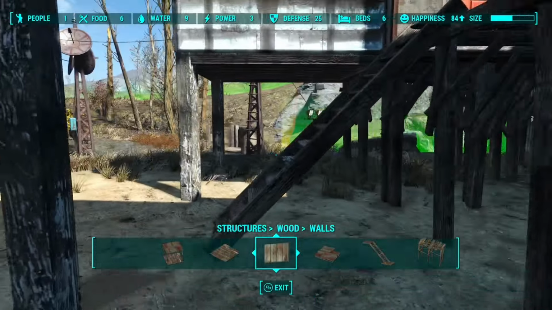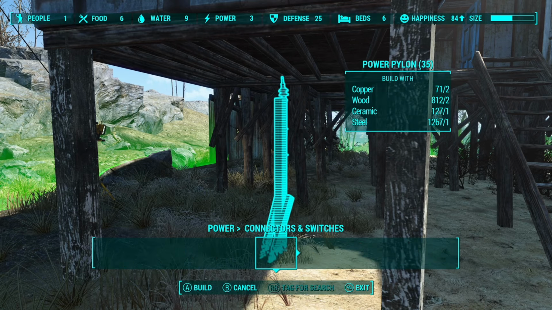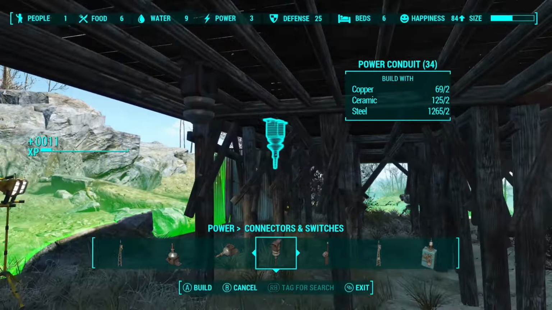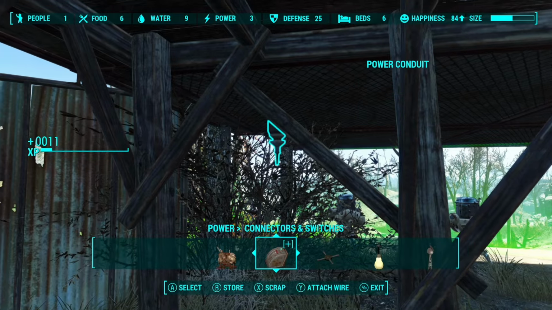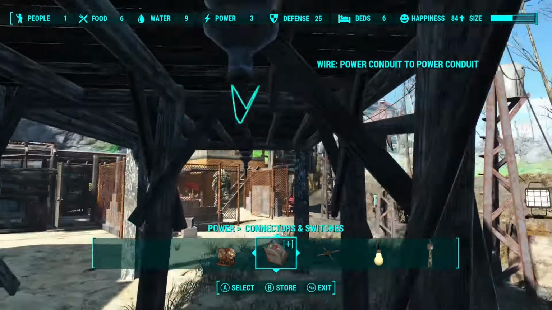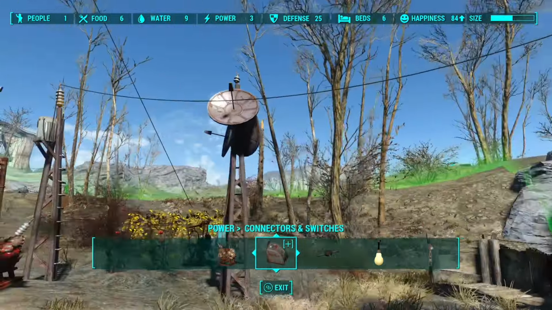Put those walls back up, and I think we got a little bit of power going on already on this side. So that's cool. I'm going to get some conduits. I'm going to put them underneath on this side, and I'm just going to fish them through the bottom here. And we're going to connect that, and then we're going to connect this conduit to the next, and we will connect that to...